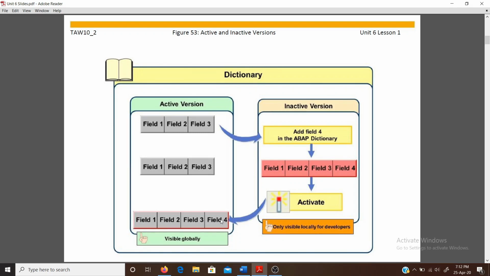One thing I want to tell here: during the activation process, the inactive version replaces the active version. Thus, the inactive version becomes the active version, resulting in only a single active version with the 4 fields.